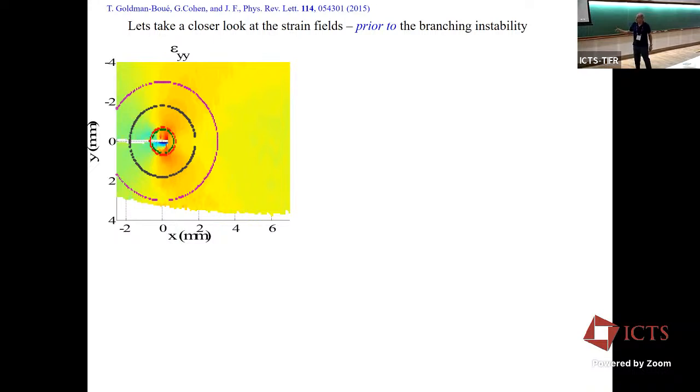Okay, now in our experiments, remember, we can measure the entire strain field around the crack tip instantaneously. So we can look at, for example, the YY component, the stretching component, that's color-coded here, at a given instant in time. And so we looked at different